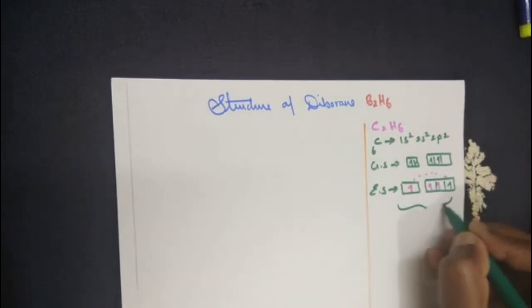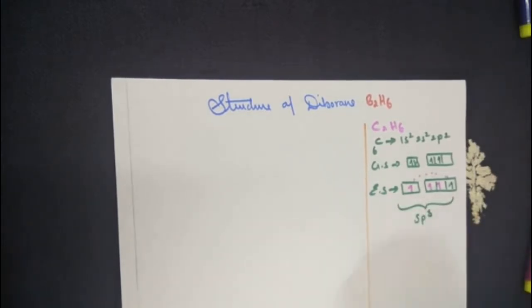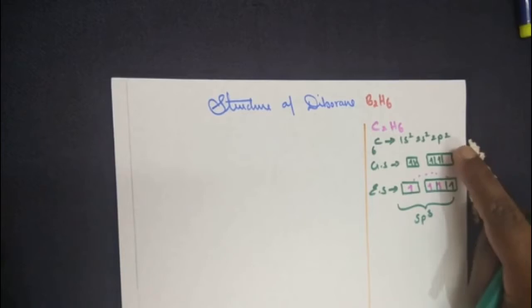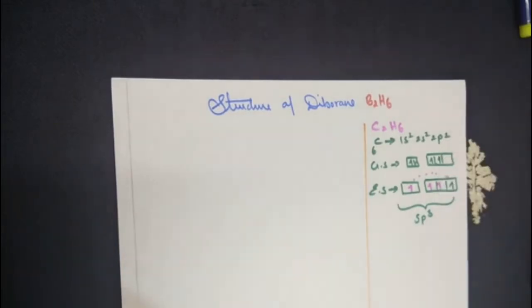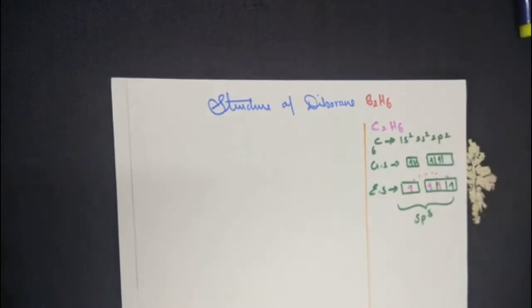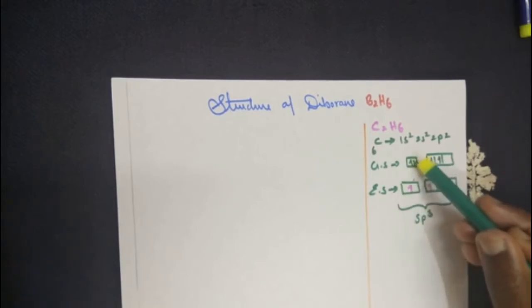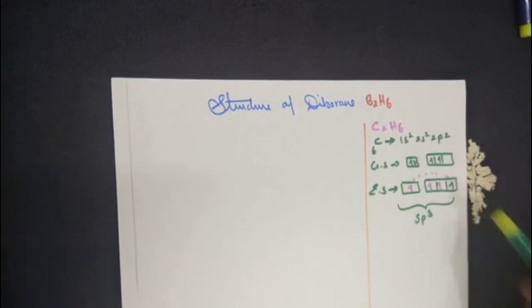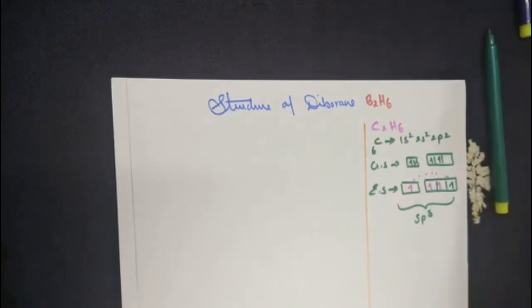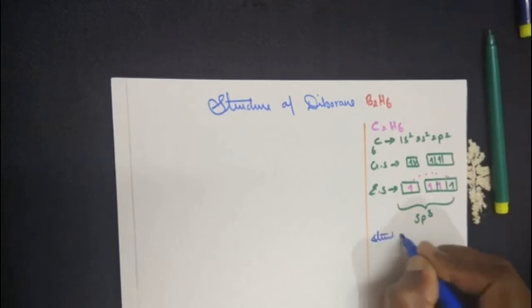Thus giving rise to sp3 hybridization. So in the ethane molecule, sp3 hybridization takes place. The electronic configuration of carbon is 1s2, 2s2, 2p2. In the ground state, 2s2, 2p2, we consider only the valence electrons. In the excited state, the p orbital electrons remain as they are, but an electron from the completely filled s orbital moves into the empty p orbital, thus giving 4 half-filled orbitals, meaning sp3 hybridization takes place.